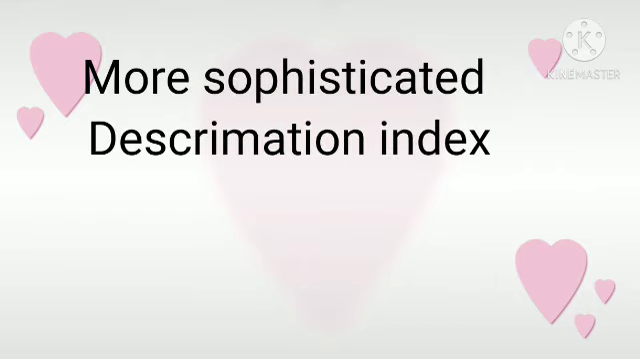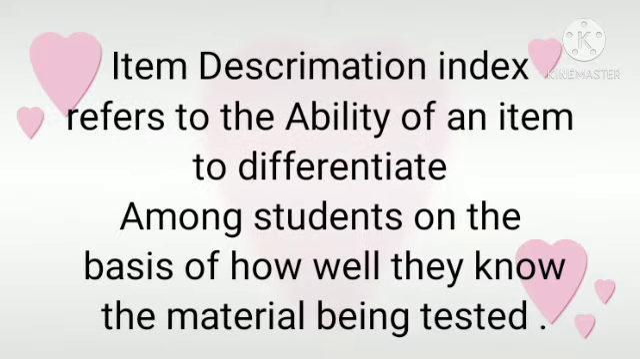So now, I'm going to discuss the more sophisticated discrimination index. So let us define. Item discrimination refers to the ability of an item to differentiate among students on the basis of how well they know the material being tested. Various hand calculation procedures have traditionally been used to compare item responses to total task score using high and low